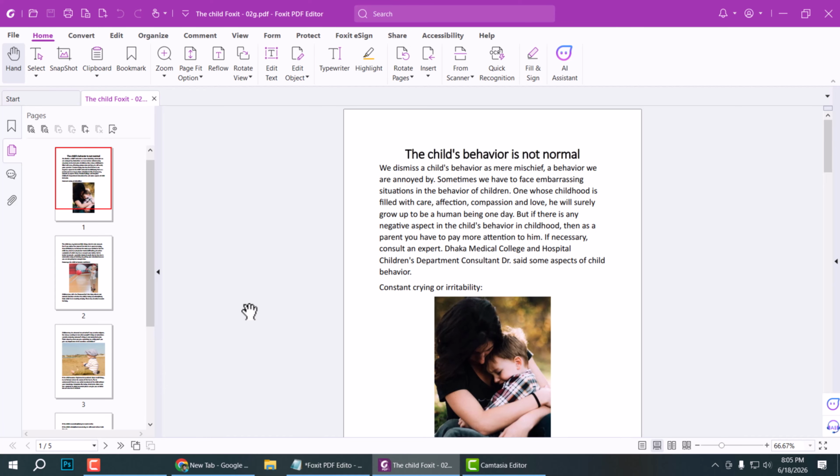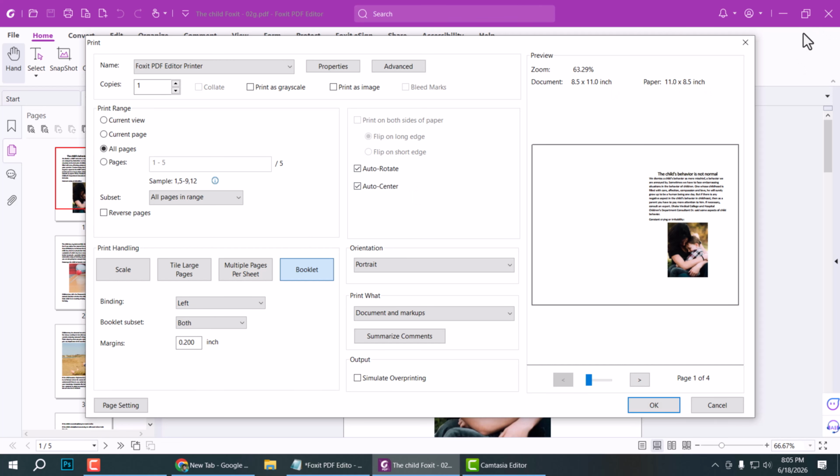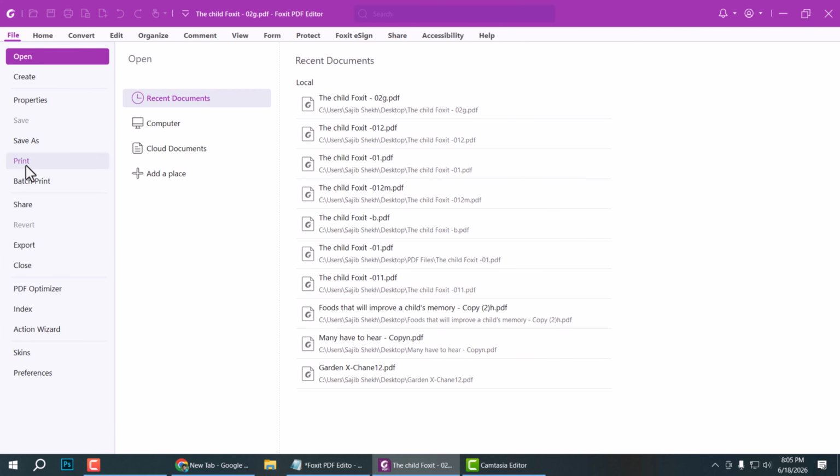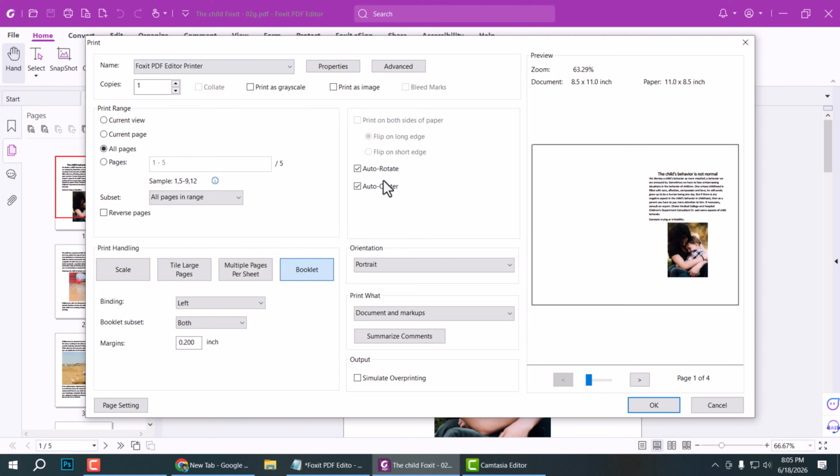Now press Ctrl P from your keyboard. Select the printer option, or here you will find this printer option you can open. Also you can select this File option, this Print option, click here. This printer dialog box is now open. Select the printer here and now select all pages or a specific page range,